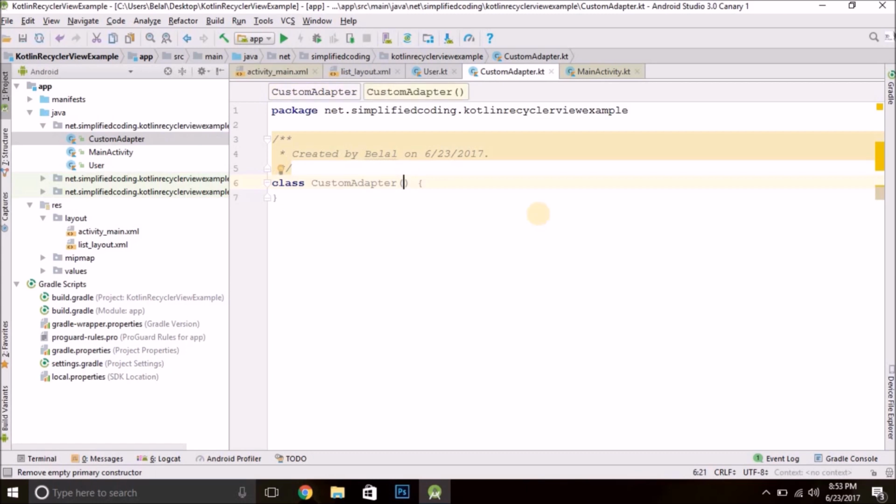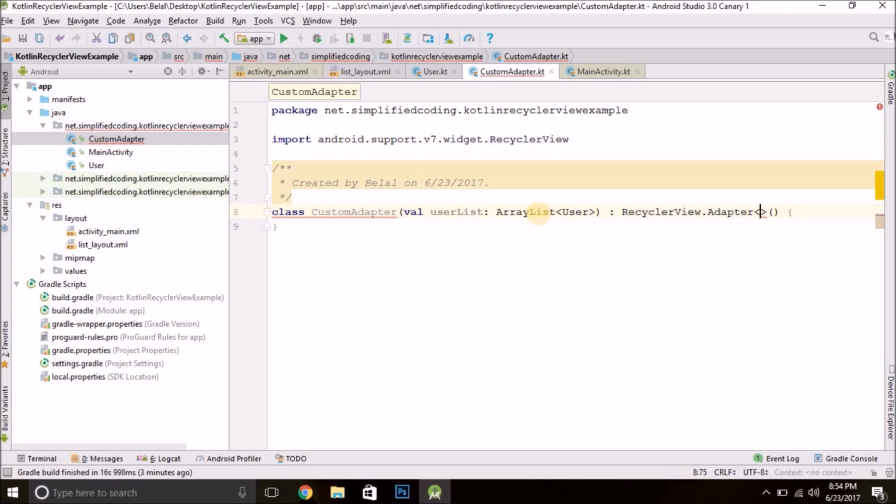So in the constructor we will pass a value user list, and the type of this value will be array list, and the list will be of user, the class we created. Now this class will extend the recycler view dot adapter and import recycler view,